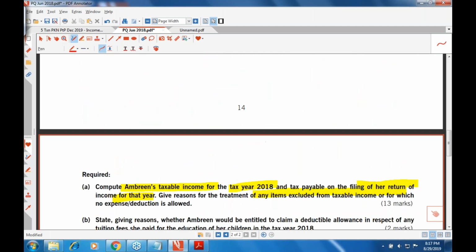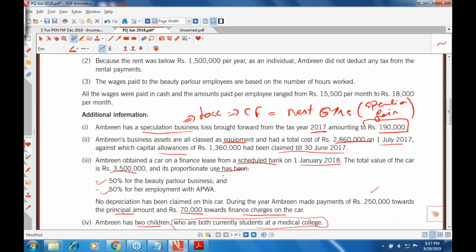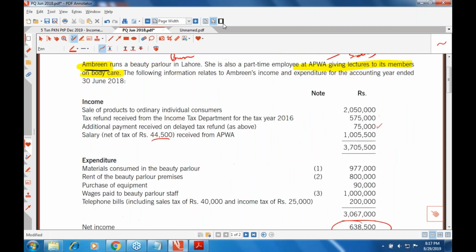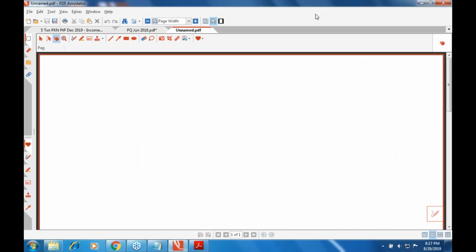So this is the information that we have with respect to Amreen. Now let's try to see how exactly we are going to solve things for Amreen. If you need to calculate the income from business, so if you need to calculate the income for Amreen, what you are actually going to say is computation of,